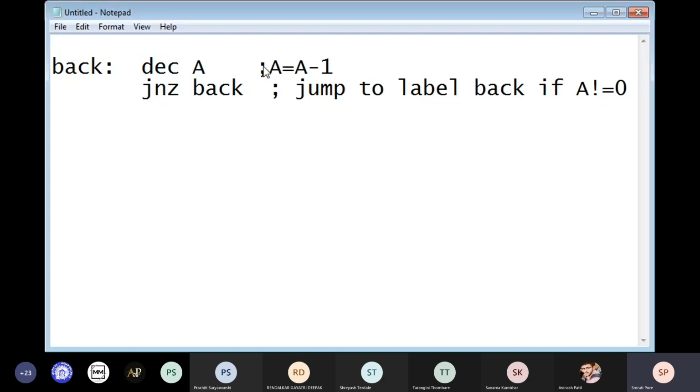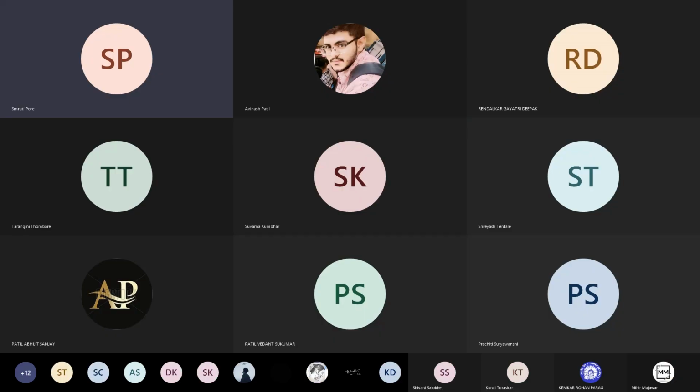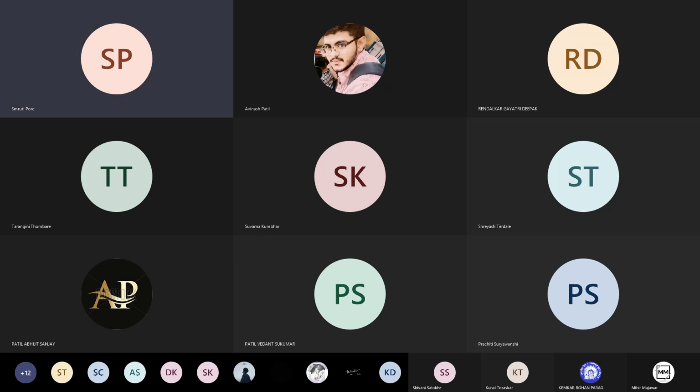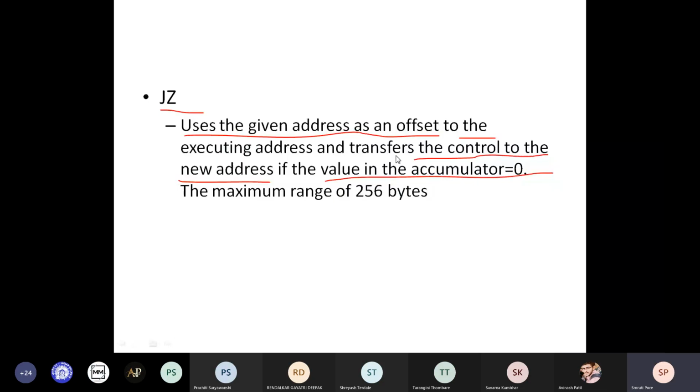So if A is not equal to 0, it will jump. Or I can say that if it is JZ, then it jumps if A is equal to 0. We will go to the presentation once again and I will show you what J and Z are. So like that you can use any instruction. This is JZ, jump if 0, where if the accumulator is 0, it will jump to the new address.